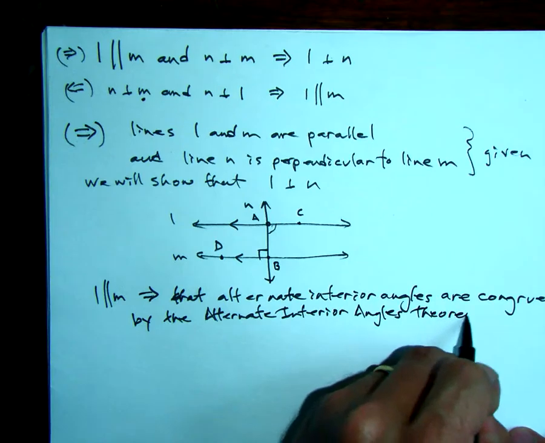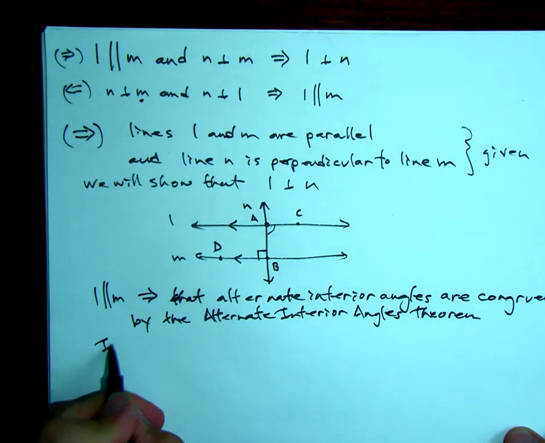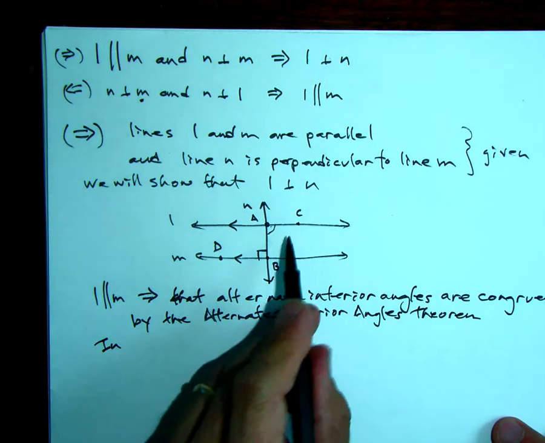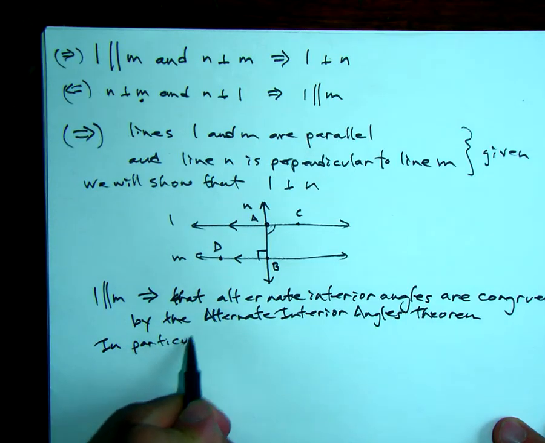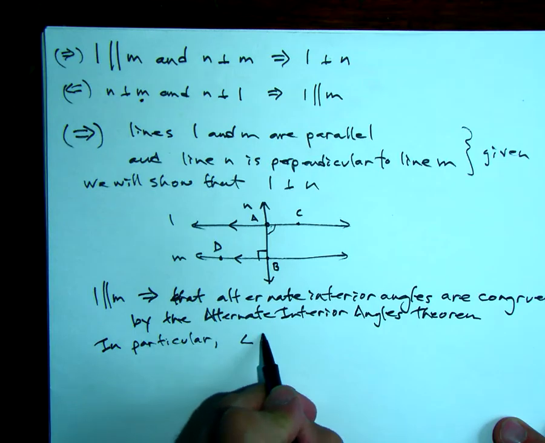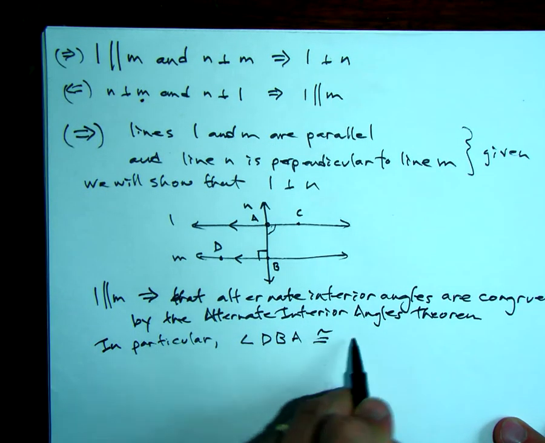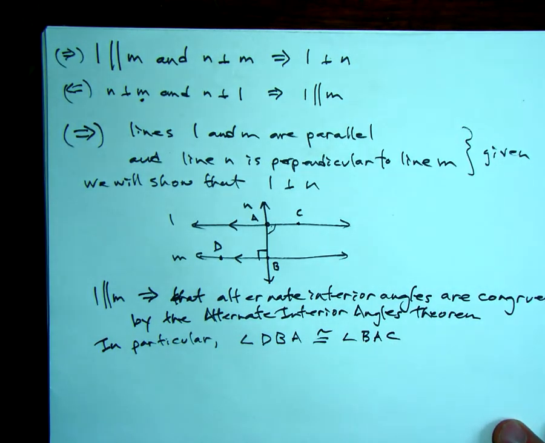And then we might say, in particular, because this means all alternate interior angles, we're concerned with these two in particular. So in particular, angle DBA is congruent to angle BAC. All right, so we know they're congruent. That's a start. Now what? Well,